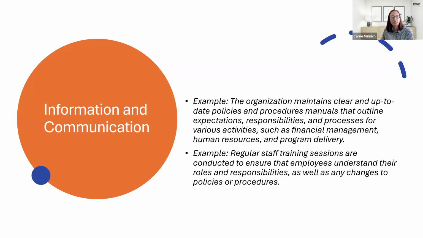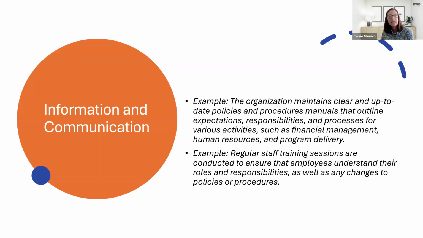Next is information and communication. Information and communication is about making sure everyone has the information they need to do their jobs effectively and to follow the rules. It involves clear communication of roles, responsibilities, and policies, as well as sharing important information about risks and controls. So making sure that all organizations have written policies and procedures in place, making sure that you have job descriptions,